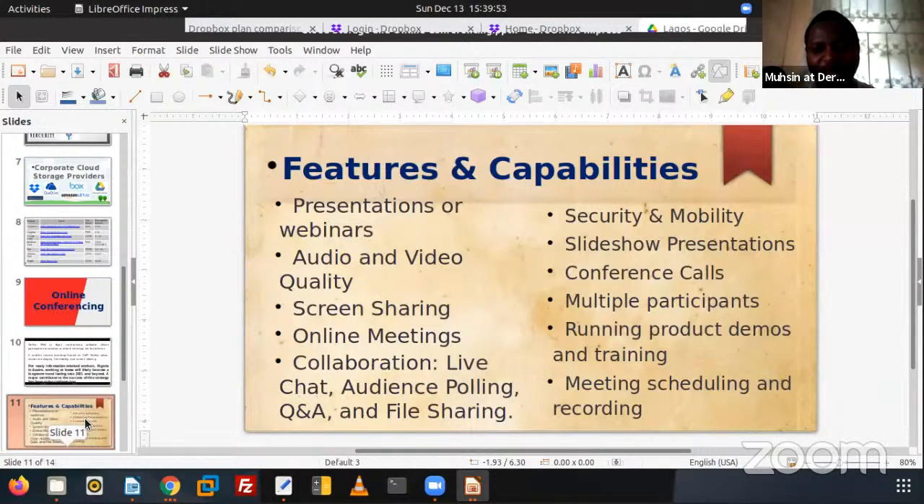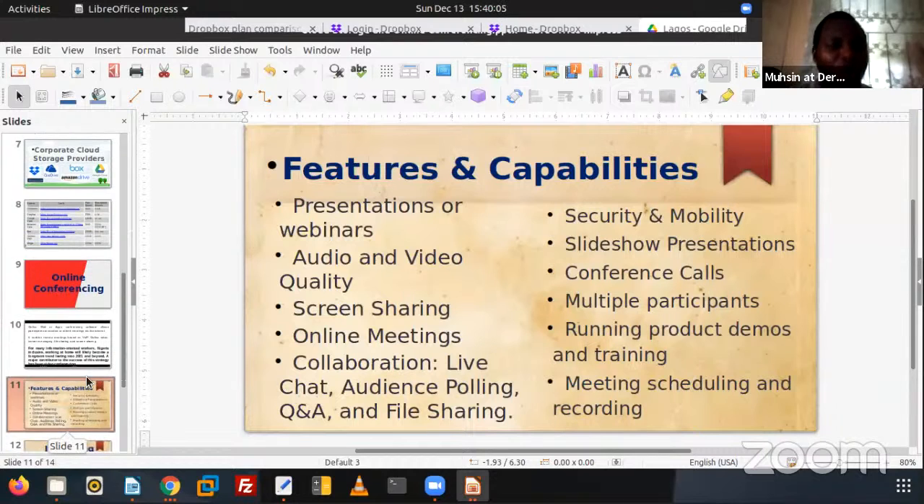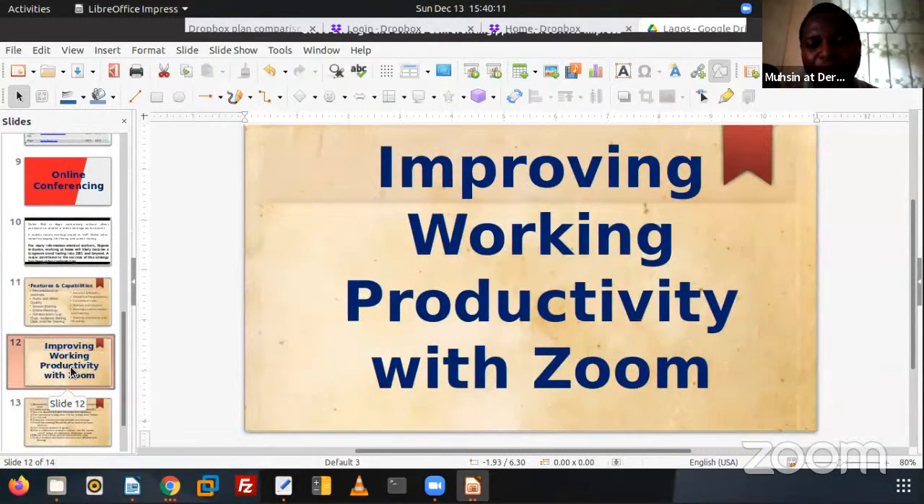So this is key. There is conference call, multiple participants, and then running product demo, and then trainings, meeting schedules and recording. Those are the features that a particular online conferencing application must have. So having looked at the background that we have talked about, we actually want to look at